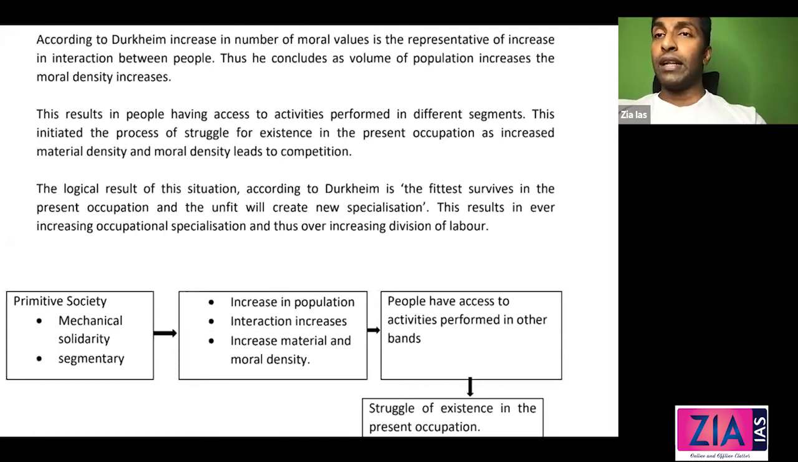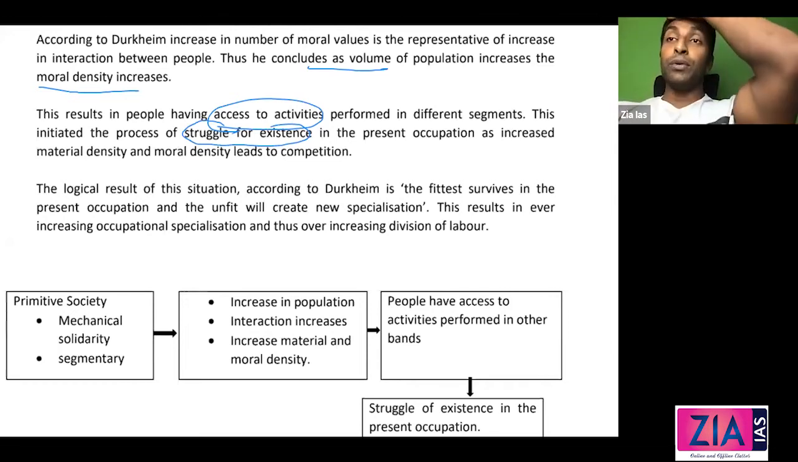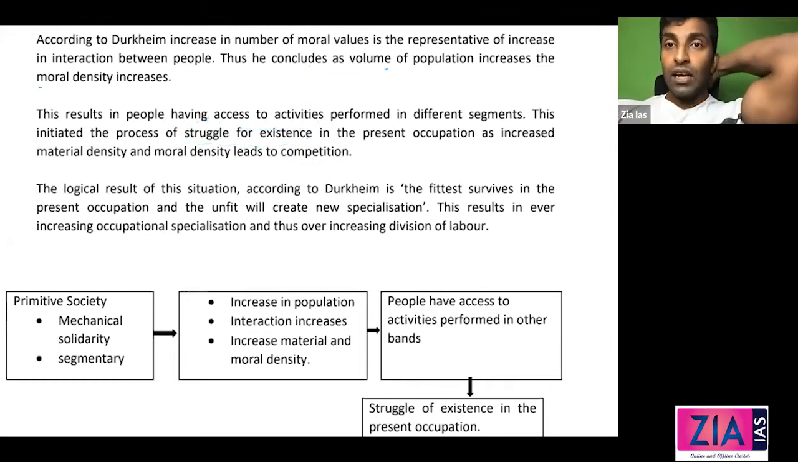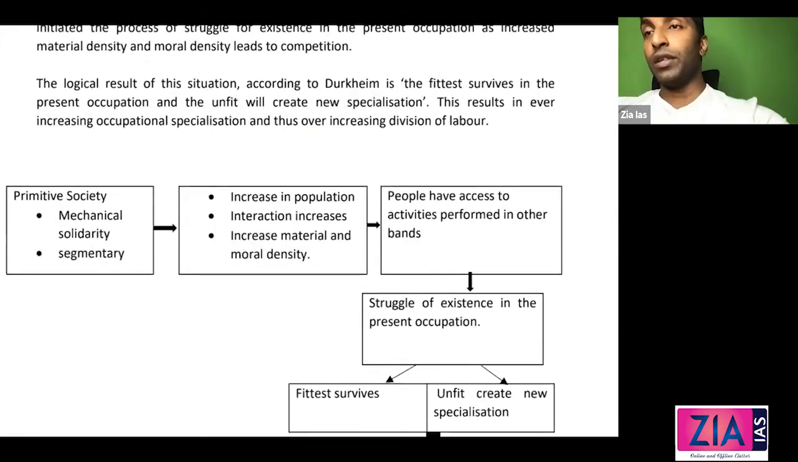So guys, are you getting these words? Volume increases, moral density increases, okay? Access to activities performed in different segments. This initiated a process of struggle for existence in the present occupation, as the increased material density and moral density led to competition. The logical result of this situation, according to Durkheim, is the fittest survive, okay, and the unfit